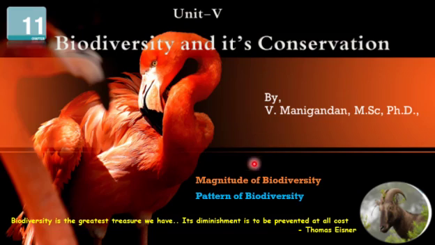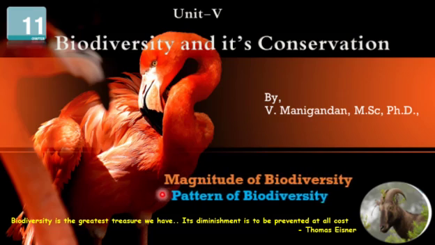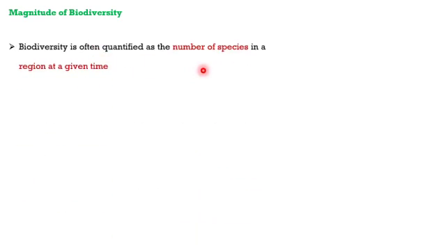From this tutorial, we'll be seeing the magnitude of biodiversity, the pattern of biodiversity. So let's see that. What does magnitude of biodiversity mean? Magnitude means the increase in size, the larger in size. For example, the biodiversity of Earth is really huge. That is what they mean by magnitude. How far and to which extent it has been distributed, and the number of different animals, plants and other different organisms. So biodiversity in general is often quantified as the number of species in a region at a given